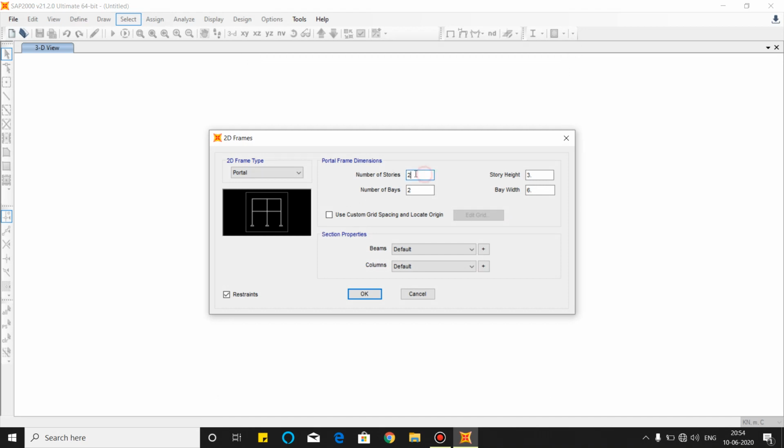In 2D frame, we will require a single frame and single bay. Story height we will leave as it is, and we will change it later. And for bay width, we will make a cantilever beam of 5 meter. Section properties we will select as default.